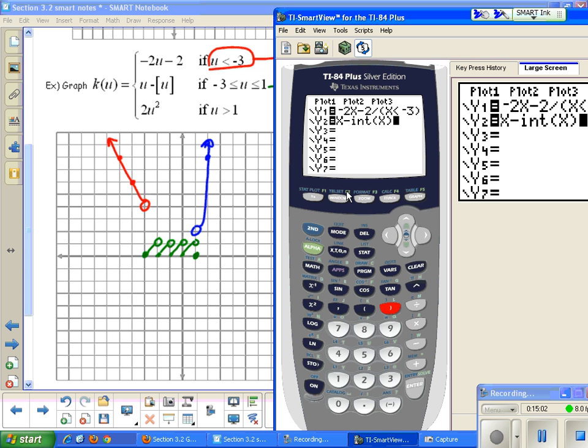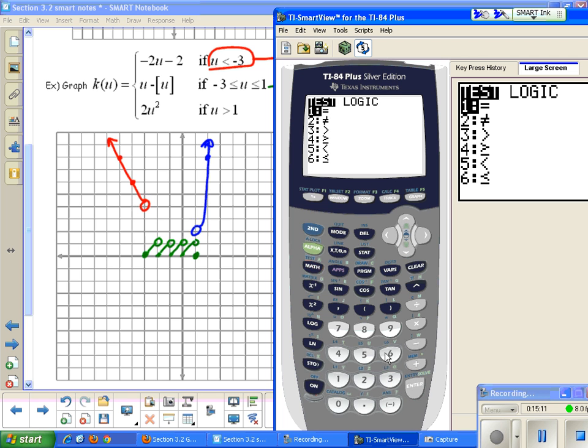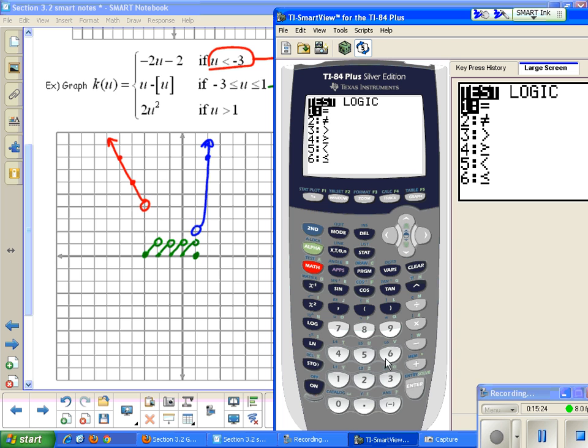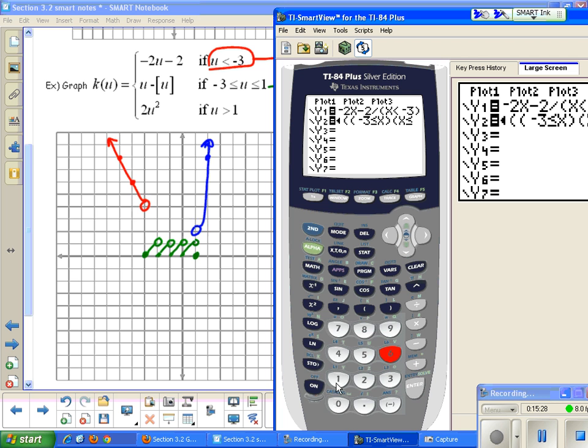Remember, since it's in between two numbers, you have to do it separately. So division symbol, parentheses, parentheses, -3, second math, less than or equal to, which is 6, x, close parentheses, and then parenthesis, whoops, I did too many there. So parenthesis, x, second math, number 6 again, 1, close parentheses twice,